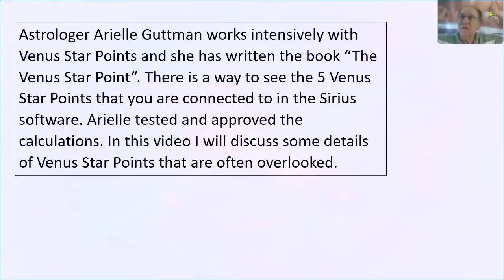Venus connects with 5 special points in the sky, and then you can see what those 5 points are that relate to you. So this is relevant to chart interpretation. You can look it up in a table, like in Ariel's book. She has the tables where you can look them up, or you can pull them up very easily and quickly in the Sirius software. We added that feature, and Ariel tested and approved the calculation. I worked with her on that to make sure it's done properly, according to the way she does it. But in this video, I want to discuss these interesting attributes of the Venus star points that we often